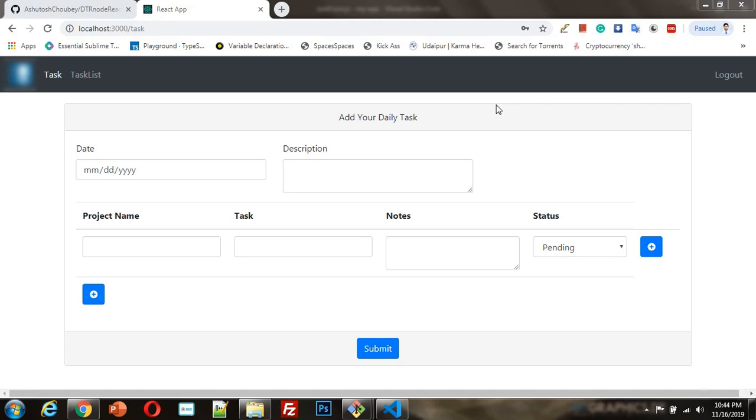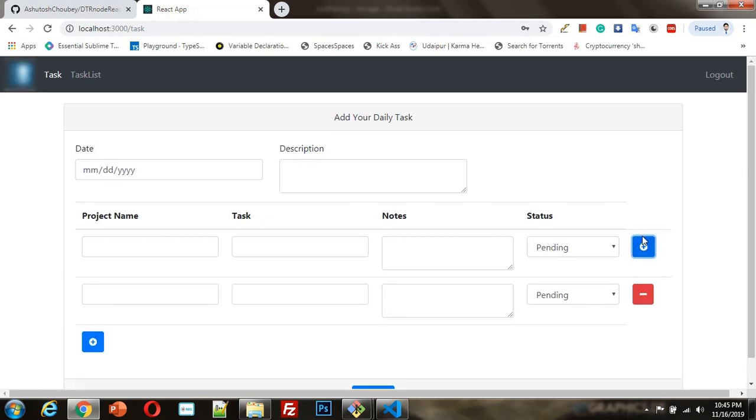So hello friend, today I am going to discuss one of the most important features in React. As you know, it's not exactly a feature, but it's an important thing for your application, because generally in your application this is a common requirement: there will be one row, and in that row there are lots of fields, meaning form fields, and dynamically you want to generate multiple rows. So you can do this through this plus icon.